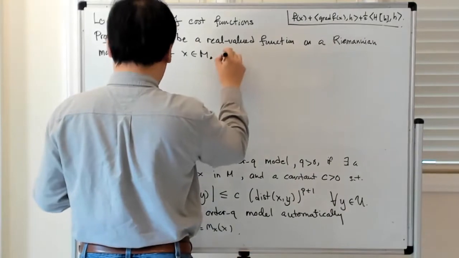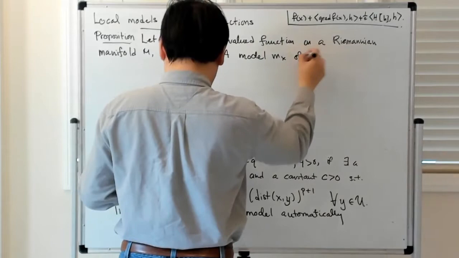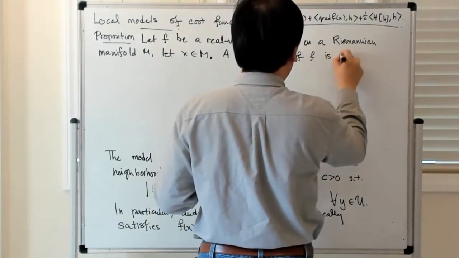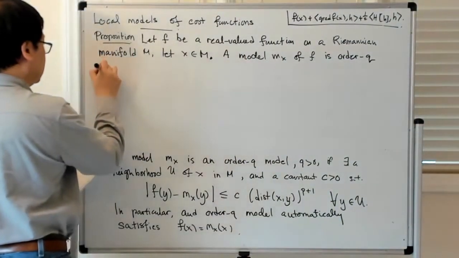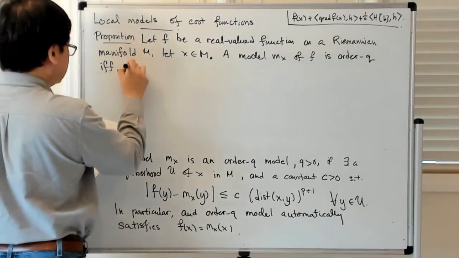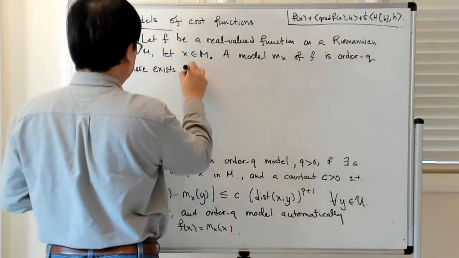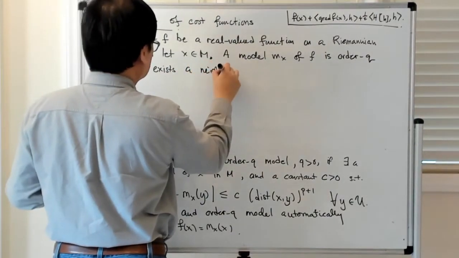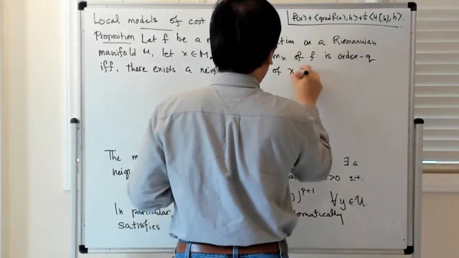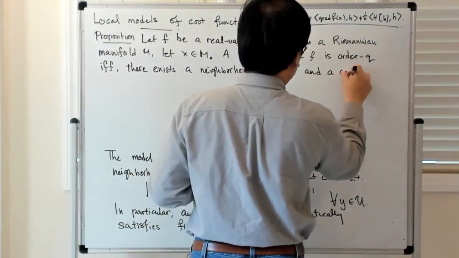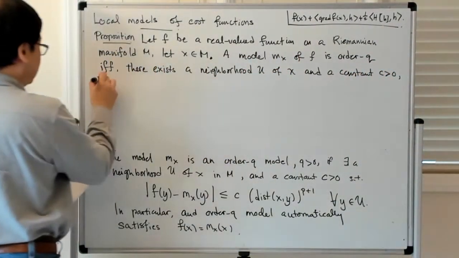So a model, let's say m_x of f, is of order q if and only if there exists a neighborhood U of x and a constant c greater than 0 such that,